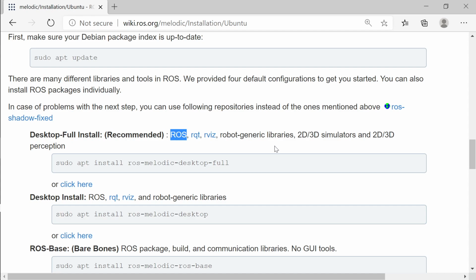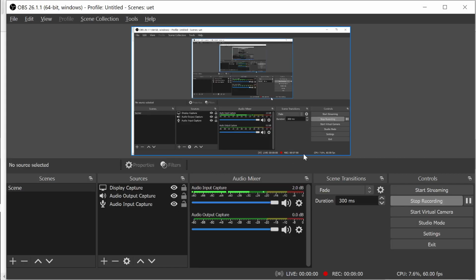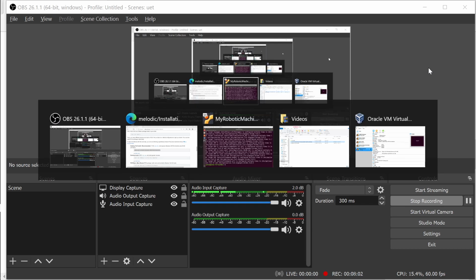Like you want to simulate it, right? You want to actually see the robot in a simulation mode, so some kind of a graphic mode. Even that will come along with this installation. So let's go ahead, and this is the most important piece where your ROS Melodic gets installed.